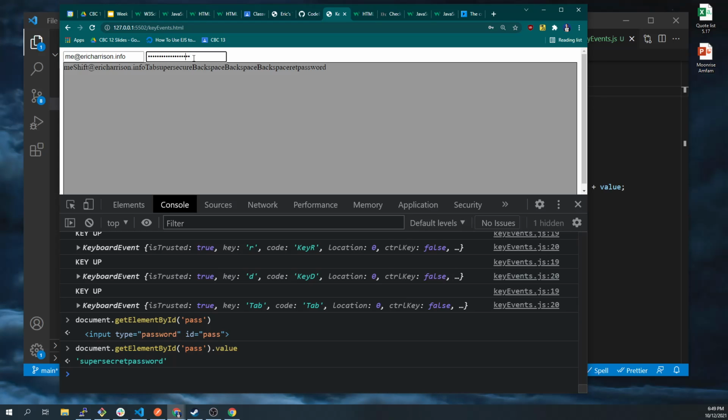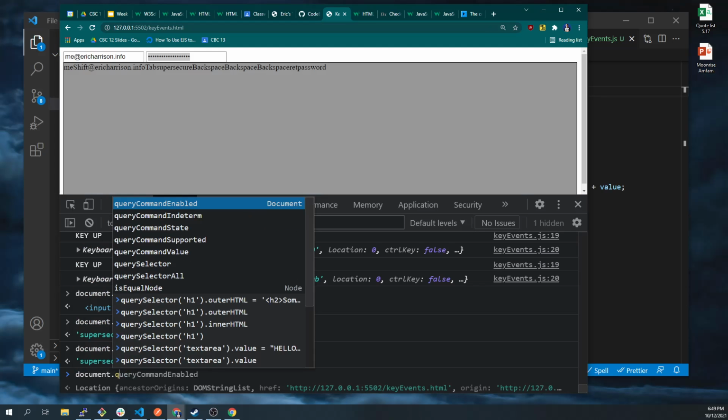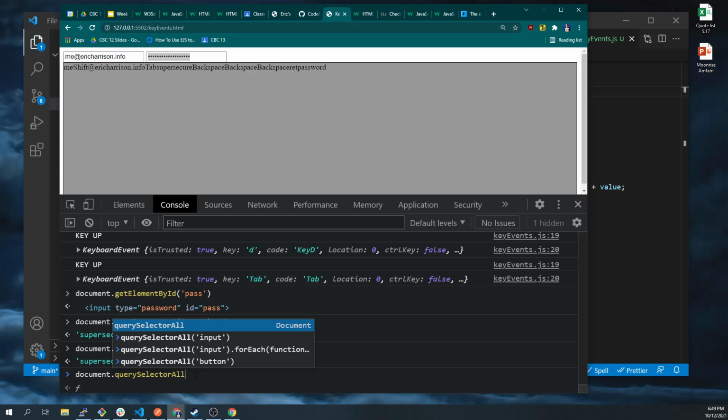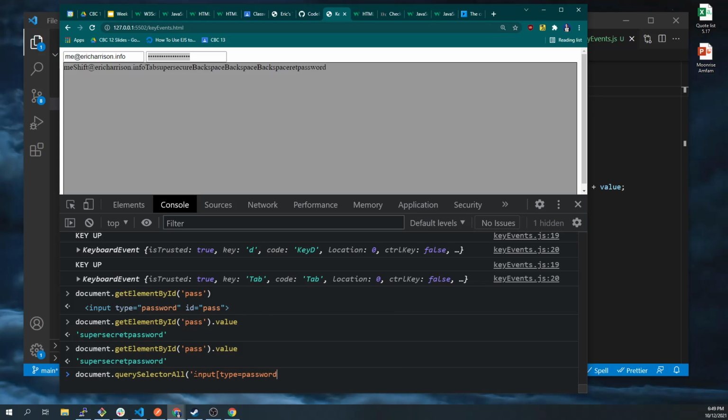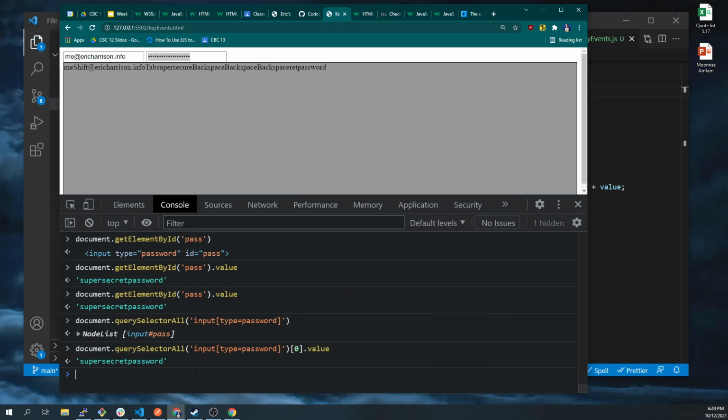If someone was able to inject malicious code into your website, they just want your passwords and your username. So they might even use document.querySelectorAll, and they'll say input type equals password, right? So it says any password element on this page, .value. So they don't even have to know the name of the element. They're just going to say, if there's a password field, I want it. And that's how